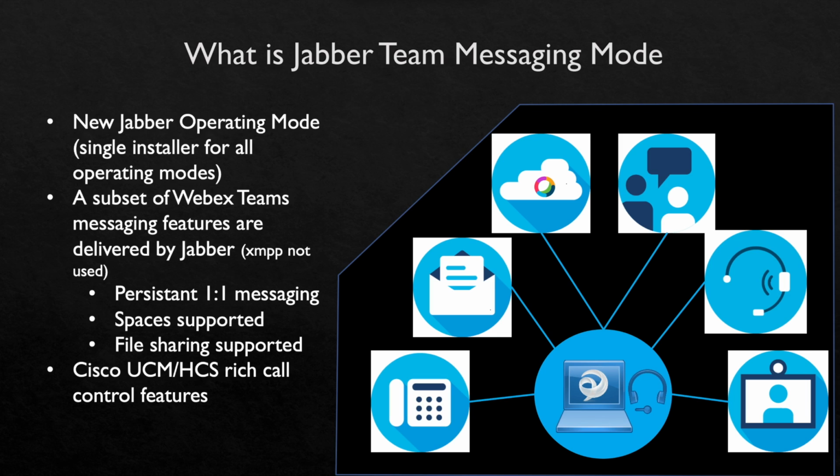Cisco team messaging lets users send and receive instant messages. So that's pretty much the same. Works the same way, right? You send instant messages. And again, that's point-to-point or group spaces. The fourth one,